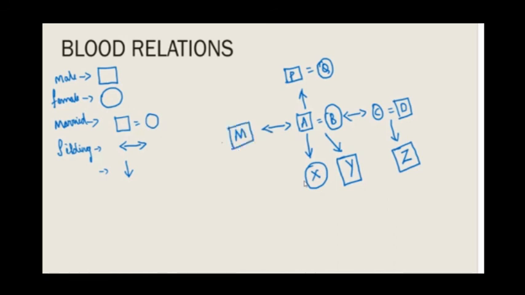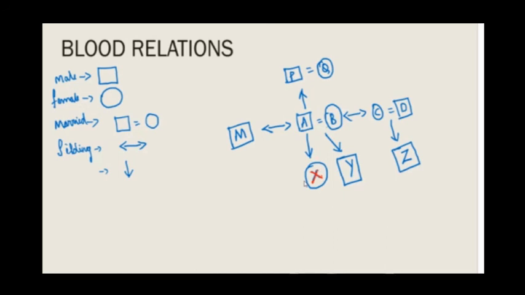Alright. Now here, how many married couples are there? You can easily say, this is one married couple, this is one married couple, this is one married couple. It is easier for us to understand. Now let us see what are the relationships that you come across. Suppose I take X, what is the relation of B with respect to X? It is easy. B is nothing but the mother of X.